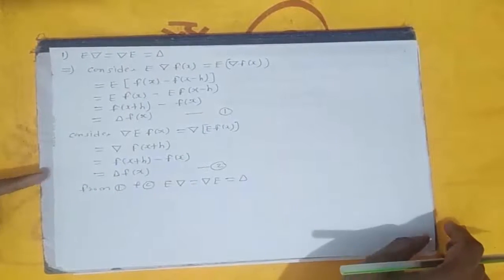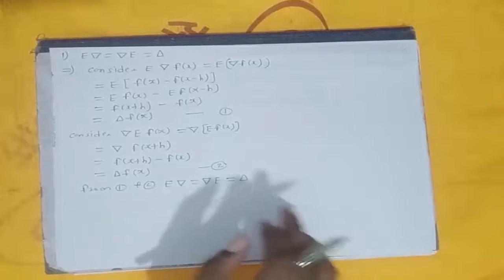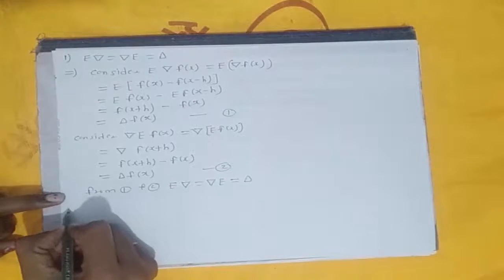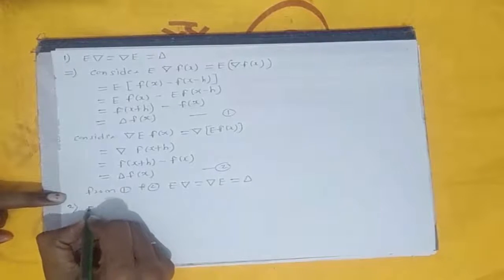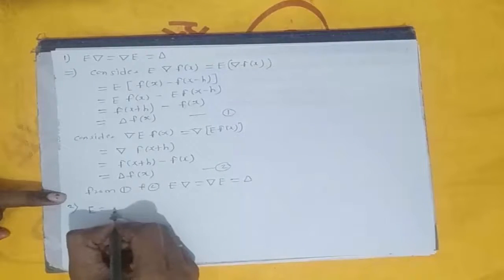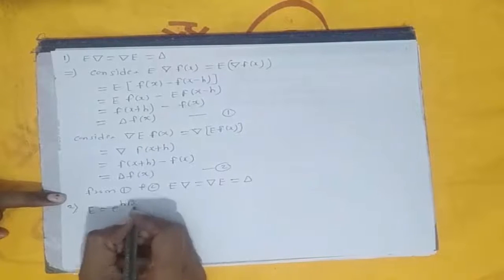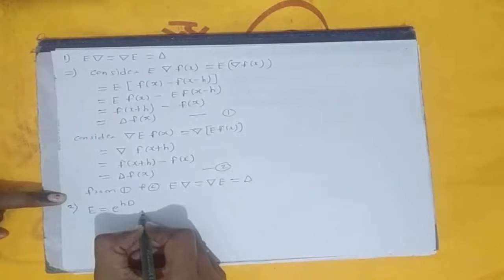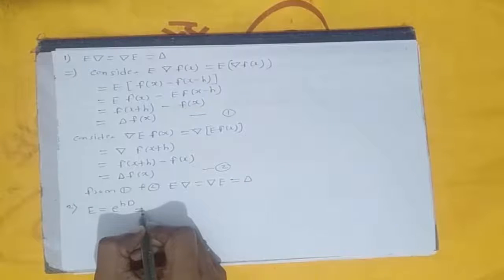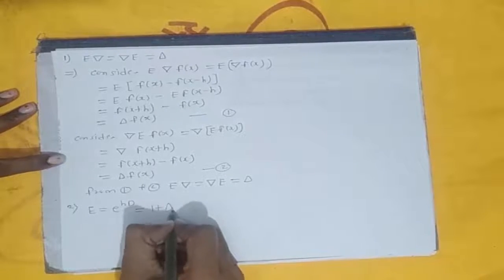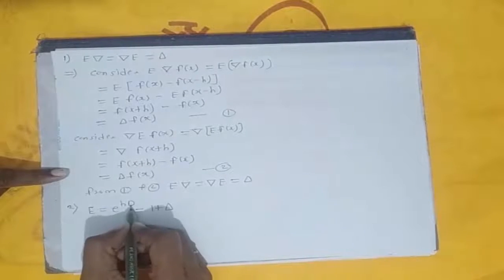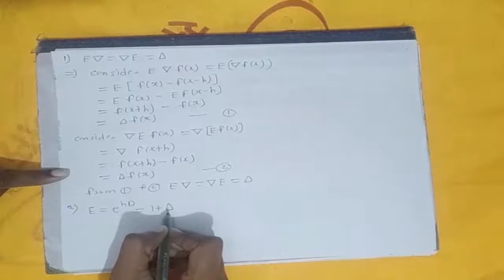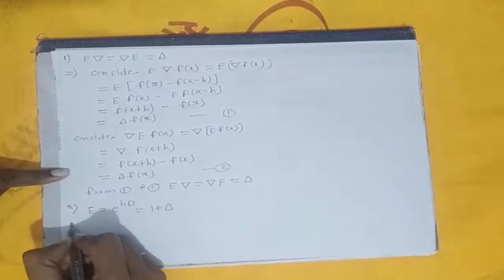Okay, then we see the next identity. We have to prove that E is equal to e raised to h into capital D, which is equal to 1 plus delta. Here E is the shift operator, D is the differential operator, and delta is the forward difference operator. We know that